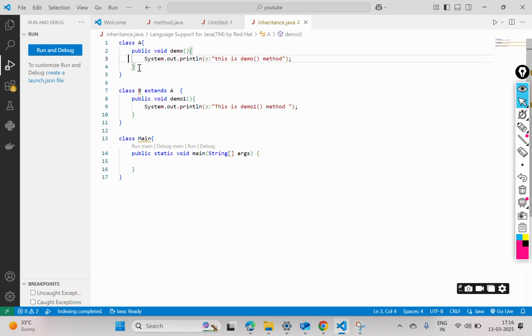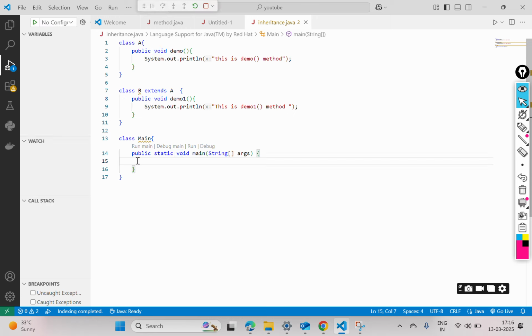Because it is a non-static method and I'm calling it from a static method, I have to create an object, and it is in a different class. So let me create an object for the B class.